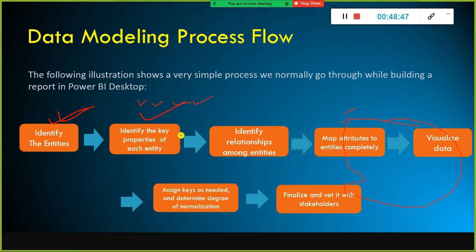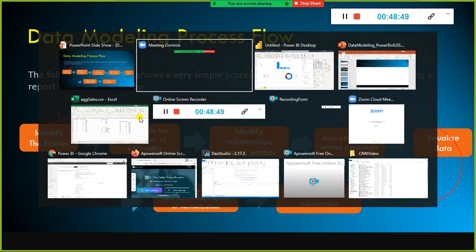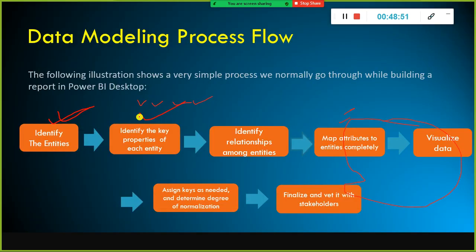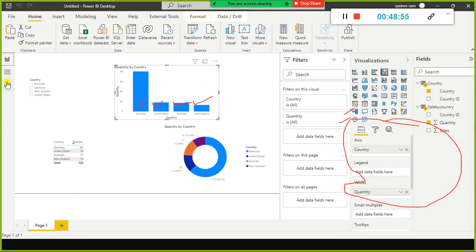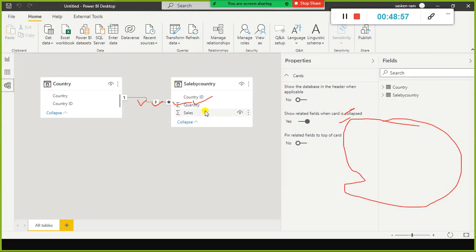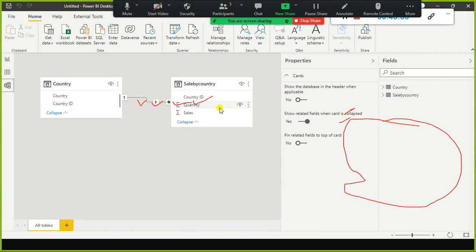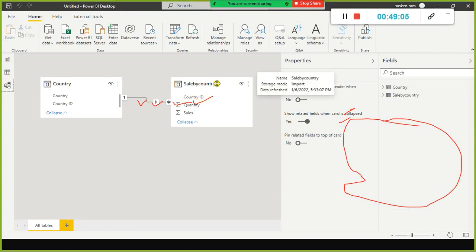You share your data model with your department managers. Let them have a look at it, and if they find the completeness of each entity, they will say okay, fine. If they find that something is missing, hey, in this case I need to have the